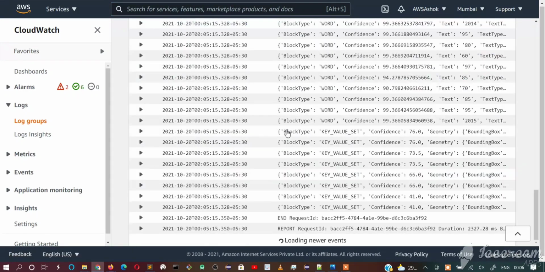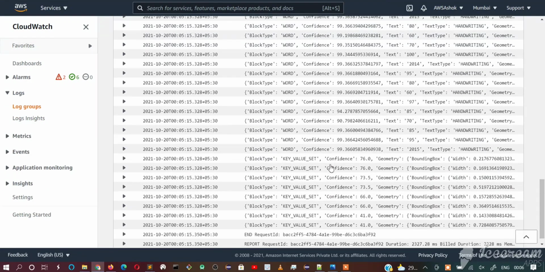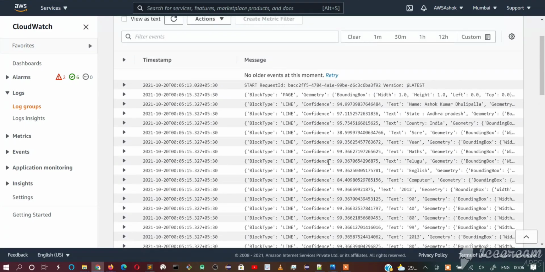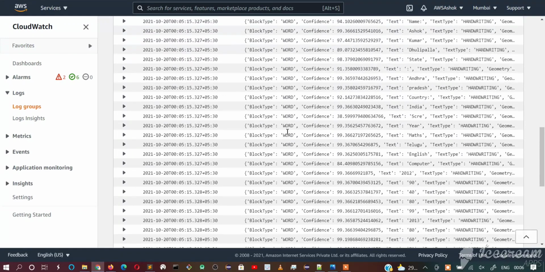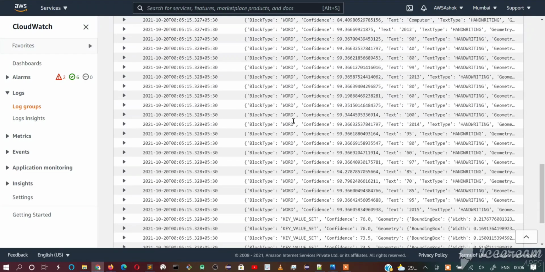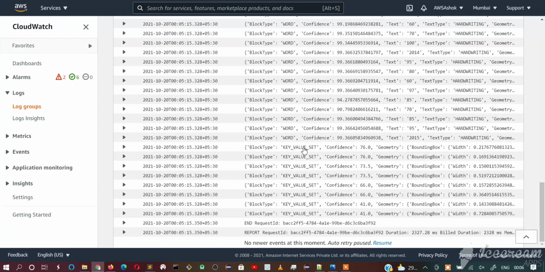Just click on this and we have printed all the blocks. Here you can see block type page, block type line, block type line, then block type word, block type key value set. But it has not extracted the block type table.